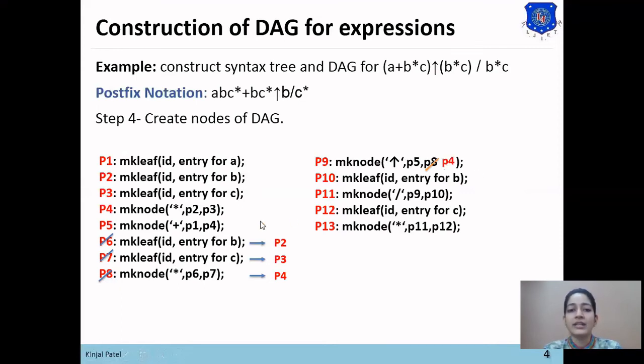So these are the changes which we have made to construct the DAG: we have renamed P6, P7 and P8 to P2, P3 and P4, as the expression B star C is a common sub expression. And we have renamed the P8 node, as now there is no P8 node in this function.